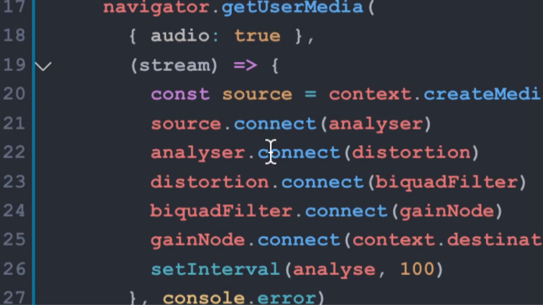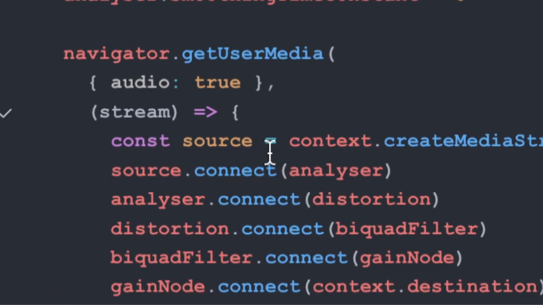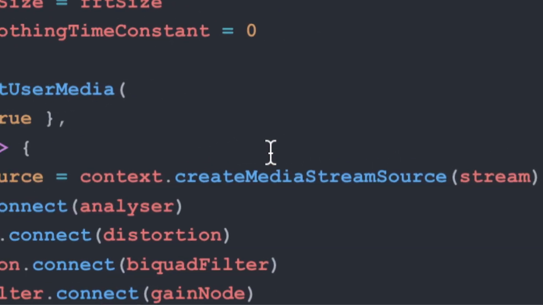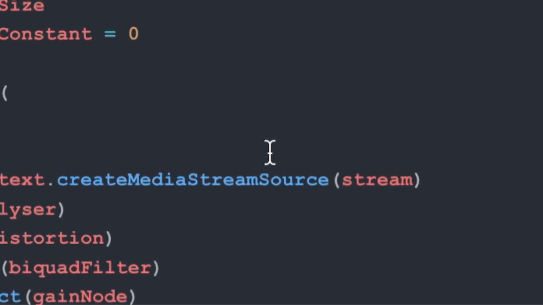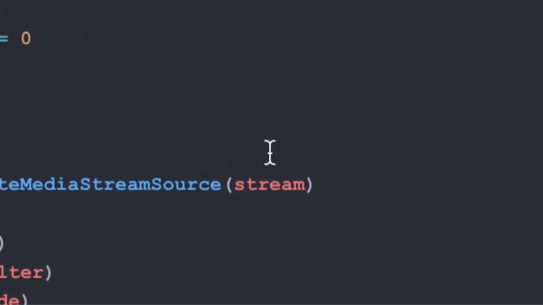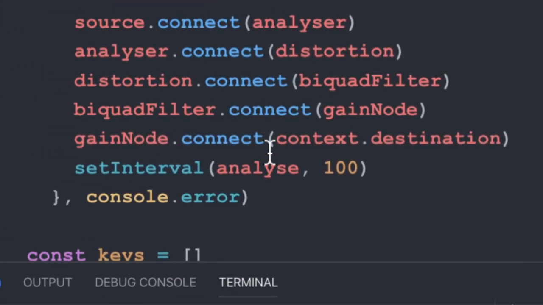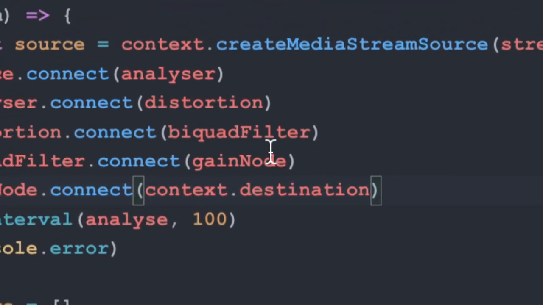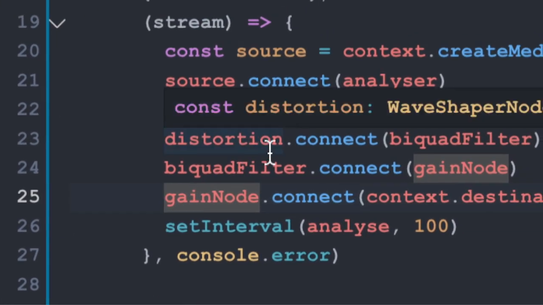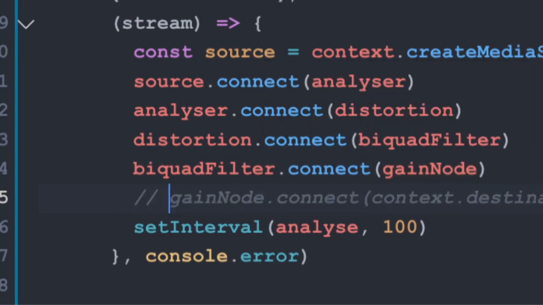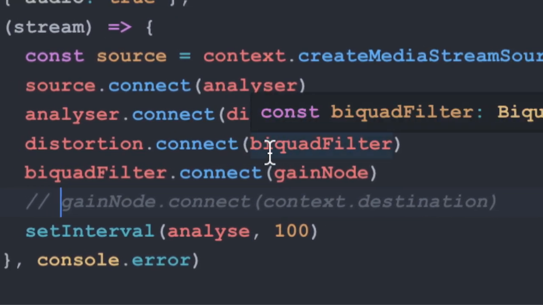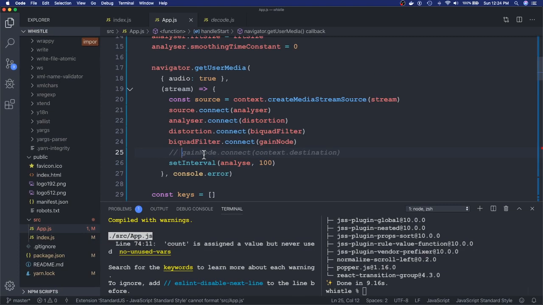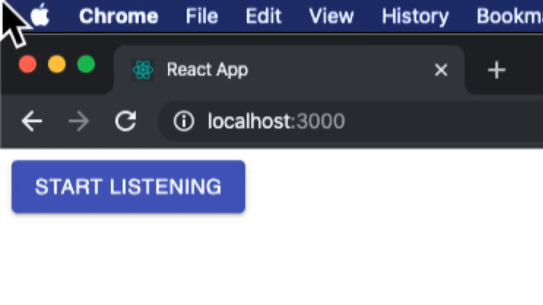When we set up the analyzer originally, context.destination appears to be some sort of a, I think that's the thing that's going to get us to our browser, right? To our headphones. And so I will save this and then reload this and restart it and see if